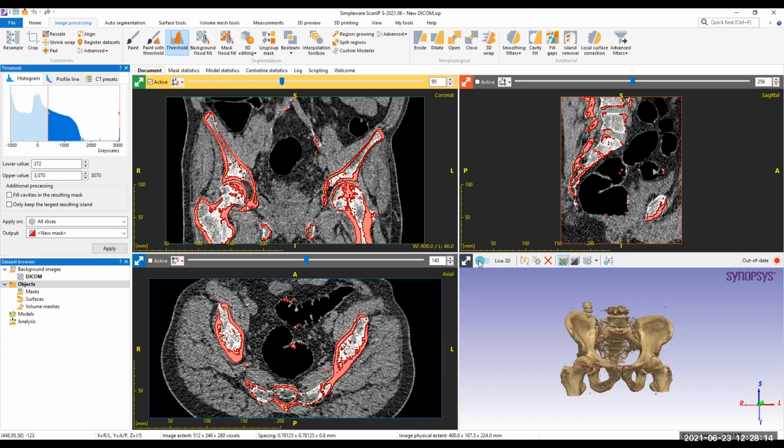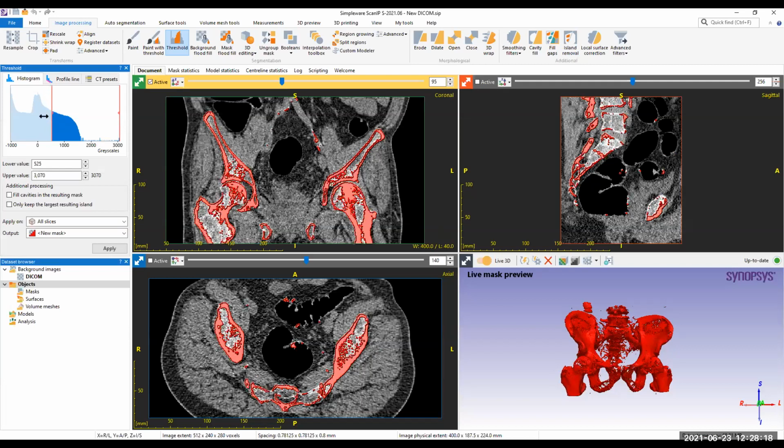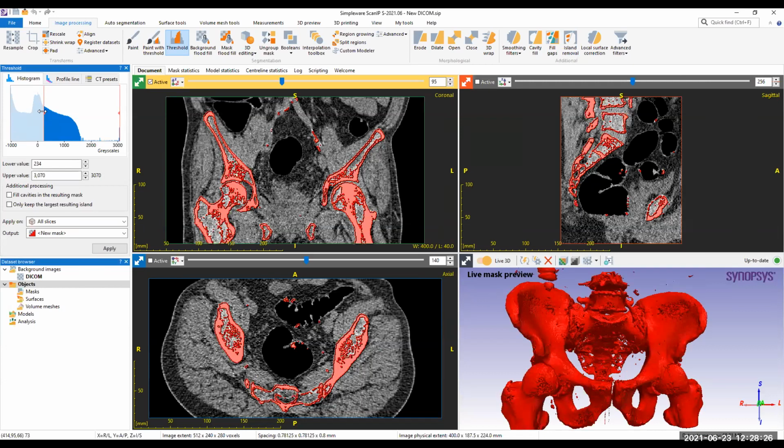I can visualize this so that I can see what I'm going to segment. Here I am just selecting a specific grayscale range. This looks good for starting the segmentation.